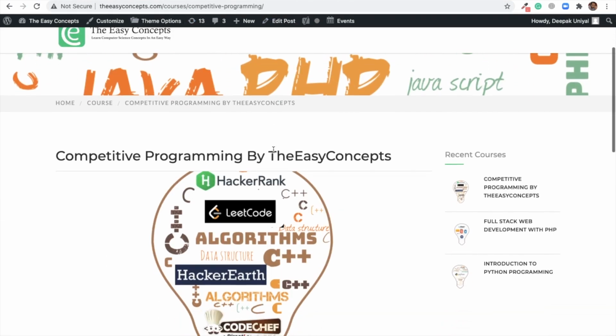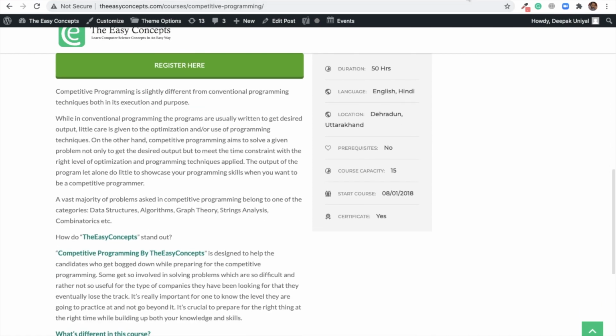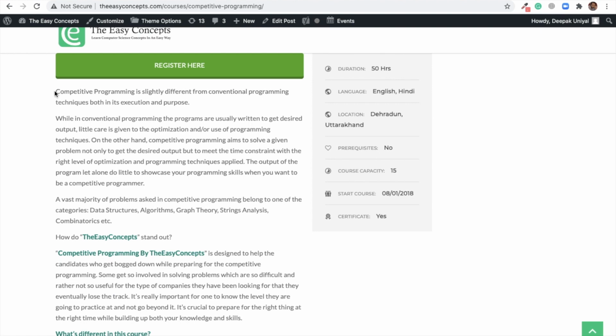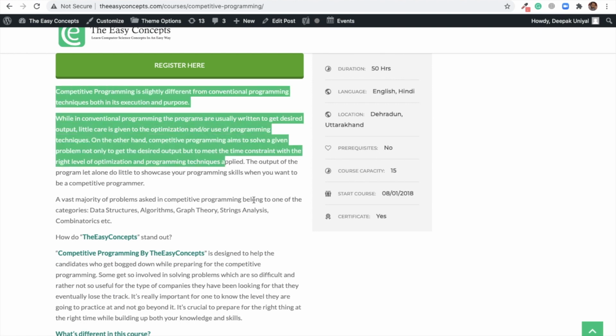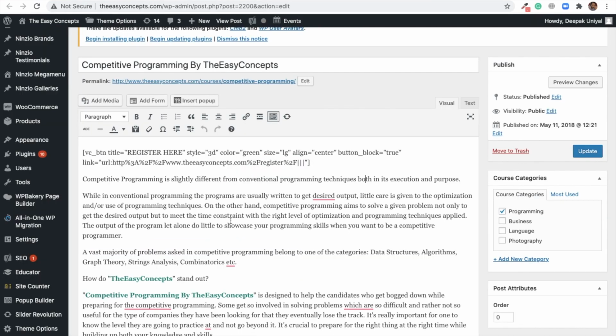Here are some images in the background, right? Then it is the course detail. So if you read this, competitive programming is slightly different from conventional programming techniques. So let me see it here. So here it is, right? Whatever you are seeing here is written here.